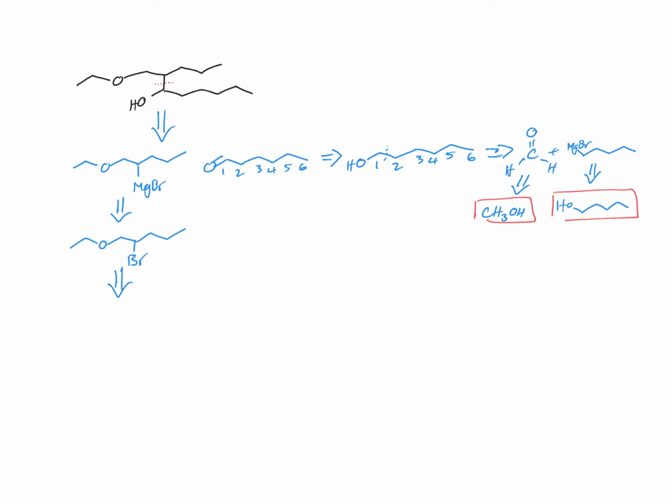What if I made that bond? And that would mean I would have this alcohol I could turn into the bromine, and I can make this alcohol via the ring opening of this epoxide under basic conditions with a nice nucleophile. So if I use this nucleophile, that should ring open that epoxide for me, providing this alcohol, which I could turn into a bromine and ultimately a Grignard. So I like this